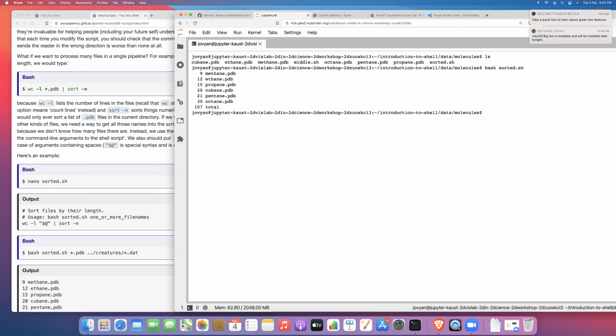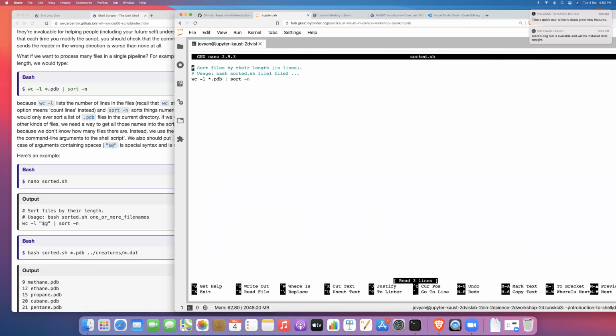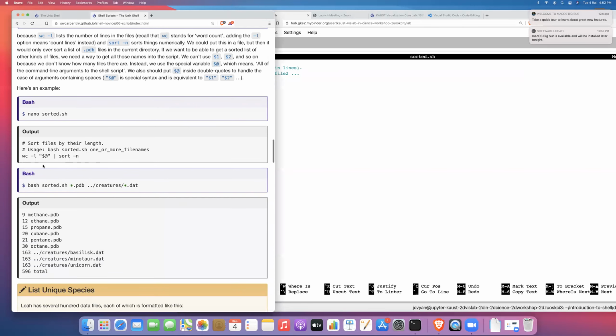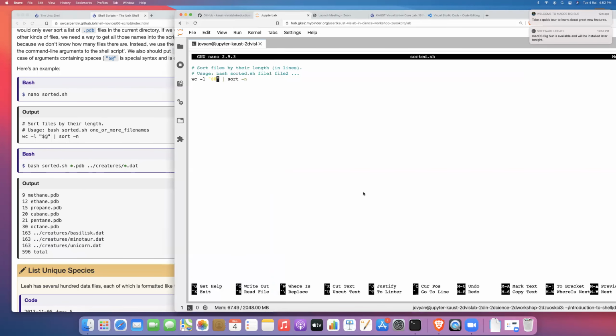So what we can do is, instead of this, we can replace it not with $1, which would only allow us to pass in a single file. What we want to be able to do is pass in potentially a whole bunch of files. And we might want to be able to use pattern matching to determine the files that actually get passed in. So here we can use a special variable called $@. And this is here in the notes. So with $@,